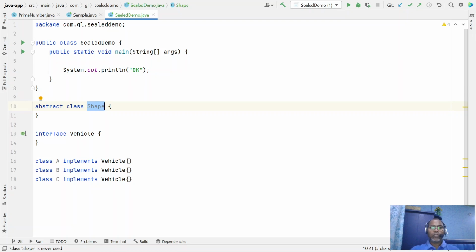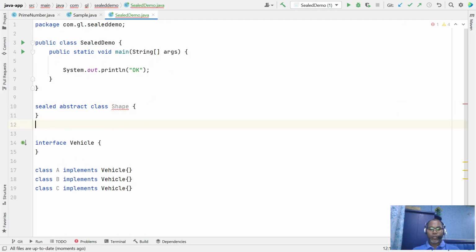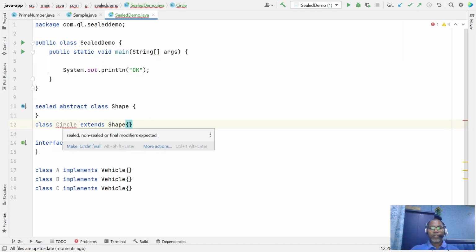I am going to use this Shape, but there is no implementation. So whenever we mark it as sealed, it enforces that you have to write some subclass. So write a class like Circle extends Shape. Now we have implemented Circle, but the compiler is still not happy.